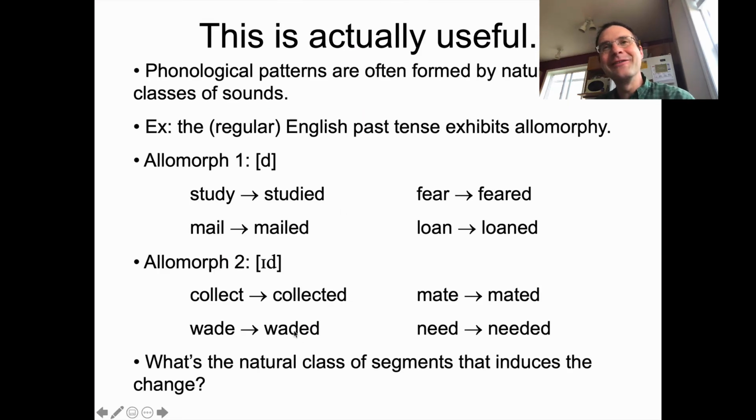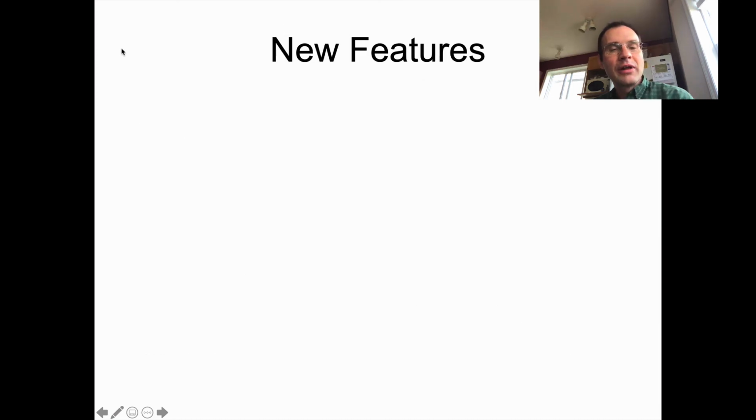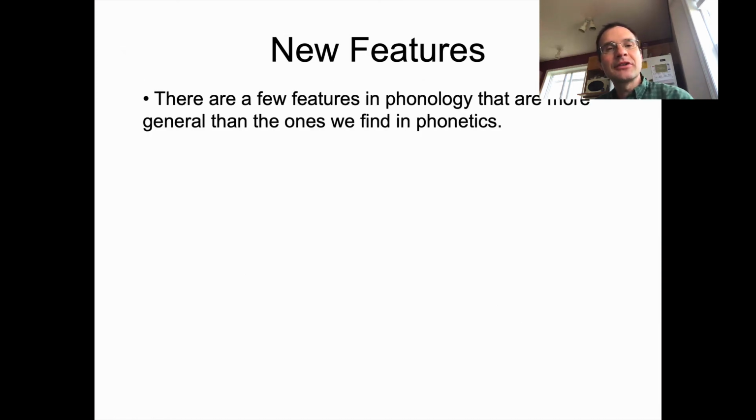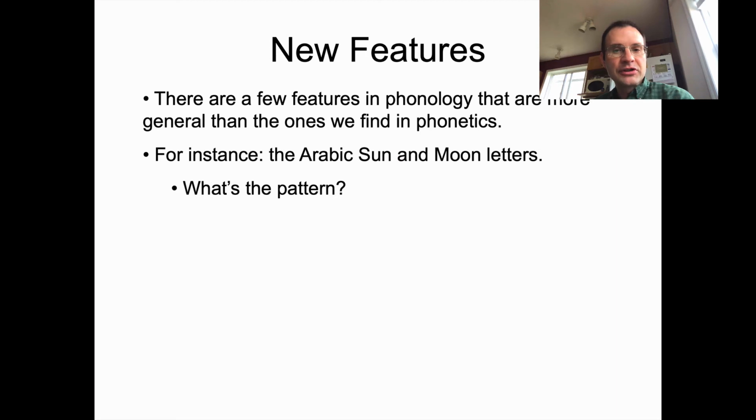I kind of over-talked it, I guess you might say, by explaining it at some length to make it as clear as possible. But it's basically T and D operating as a special group here. They're both oral alveolar stops, and so we can describe that in terms of our phonetic features. But like I said, sometimes we'll see natural class patterns that you can't really rely strictly on phonetics to explain. These features usually are a little more general.